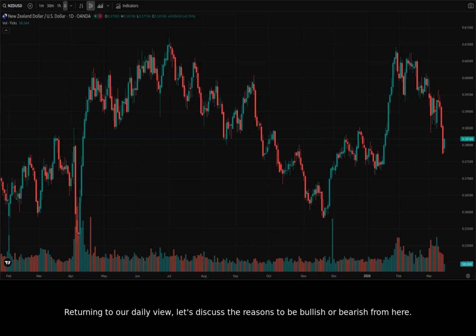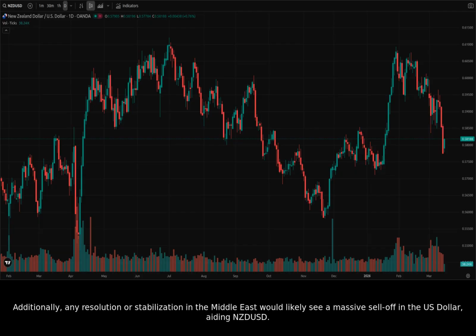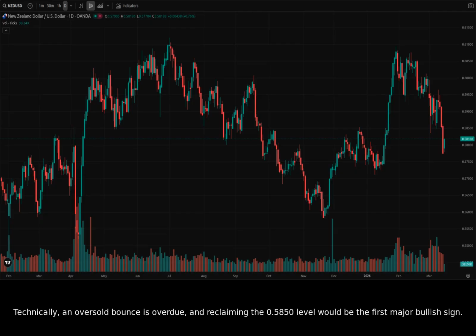Returning to our daily view, let's discuss the reasons to be bullish or bearish from here. The bullish case relies heavily on the RBNZ following through with their projected rate hikes to combat inflation. If the New Zealand economy shows resilience in the upcoming Q4 GDP data, the NZD could recover on a yield differential basis. Additionally, any resolution or stabilization in the Middle East would likely see a massive sell-off in the US dollar, aiding NZDUSD. Technically, an oversold bounce is overdue, and reclaiming the 0.5850 level would be the first major bullish